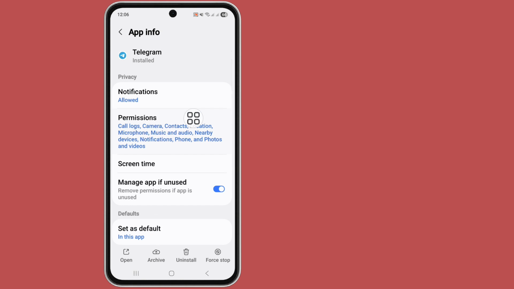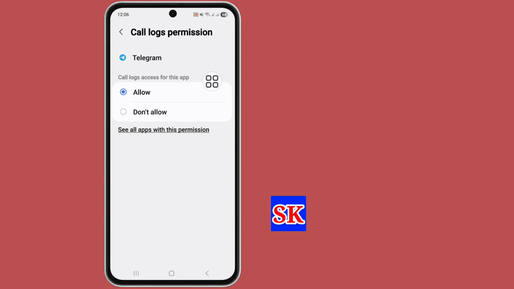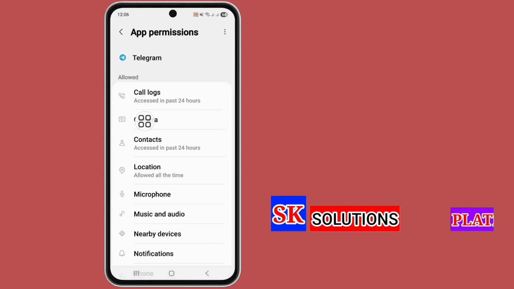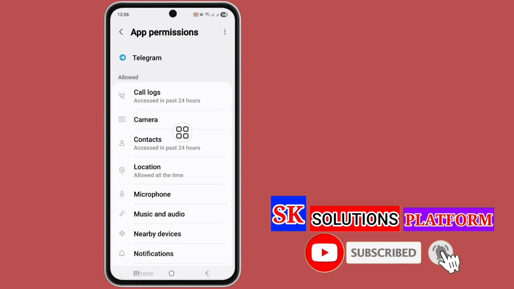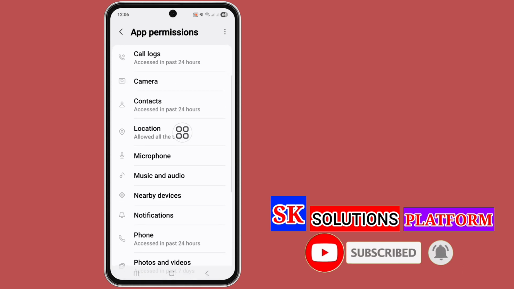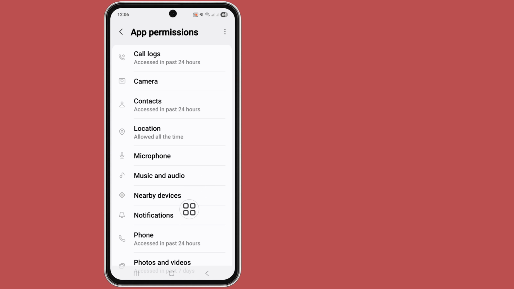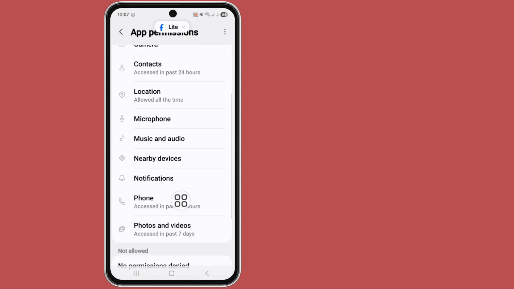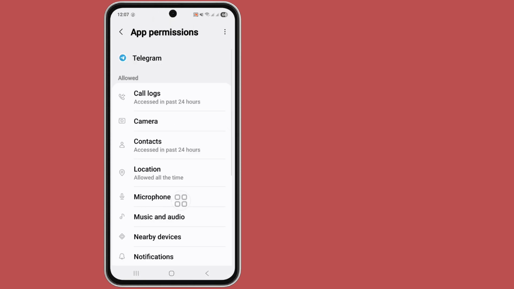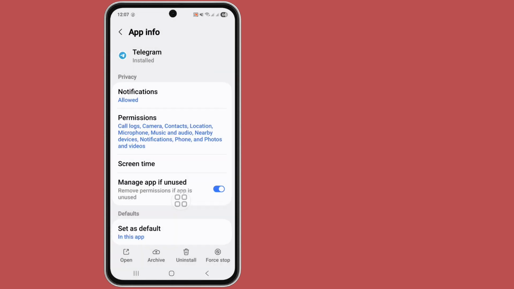And now tap on the permission option and allow all permission. Call logs allow, camera allow, contacts allow, and location, microphone, music and audio, nearby devices, notifications, phone, photos and videos. Okay, allow all permission. Go back